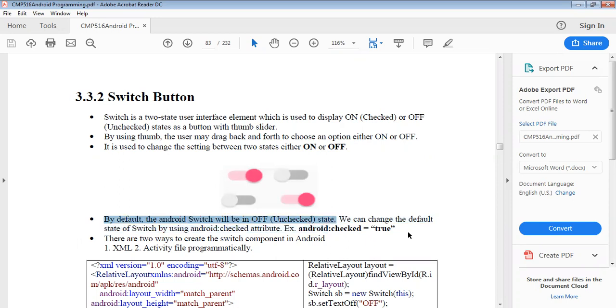We can change the default state of the switch by using the Android checked attribute, for example, android:checked equals true.